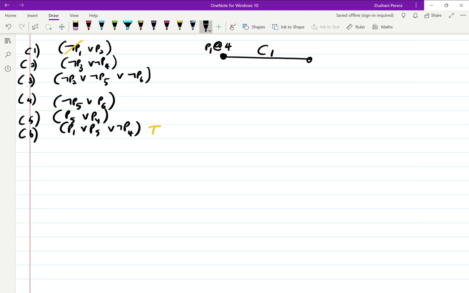So to make C1 true, in the next node, what we have to do is make P2 true at 4. P2 is true at 4. Okay, now C1 is also true. Now when P2 is true, this cancels. There are no other impacts of P2 to these clauses. So now